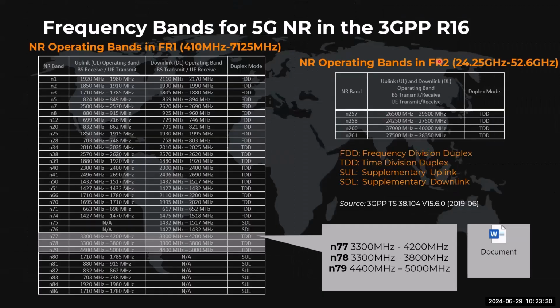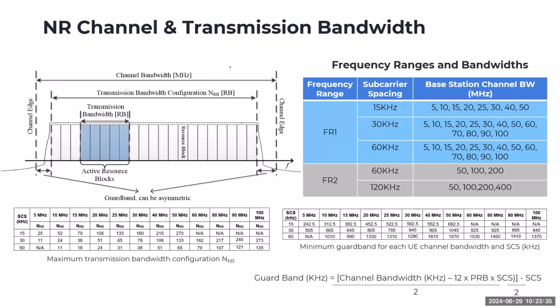Bakit importante ang bandwidth sa 5G? Because it defines yung number of resource blocks na pwede nating i-transmit sa network. So the number of resource blocks, meaning dito mo nilalagay yung number of bits of information, para ma-transmit mo yan. Parang kalsada nga, di ba? So the kalsada is the bandwidth that you have. And then the number of vehicles that carry your number of bits, these are the user plane, na nagpapadala ng mga information mo.